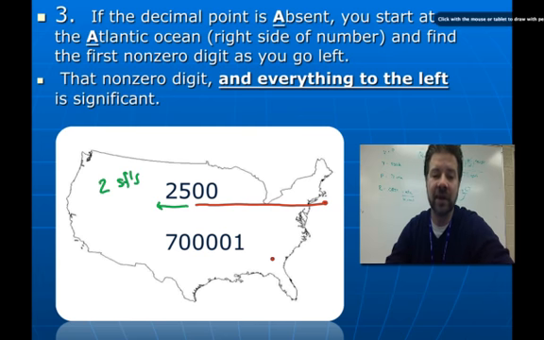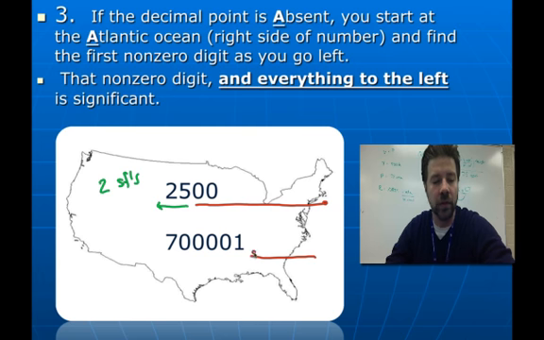Okay, what about 700,001? In this number here, we move from right to left again. This 1 would be our first non-zero digit, and every digit to the left of it would be considered significant. So in this number here, we have 1, 2, 3, 4, 5, 6 sig figs,